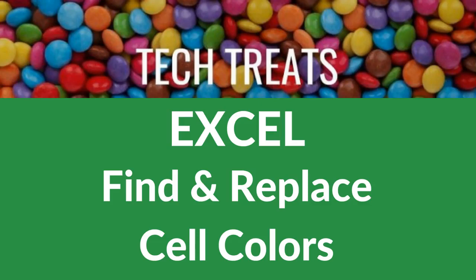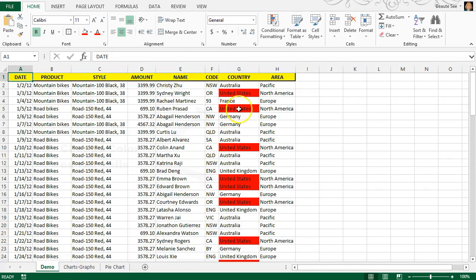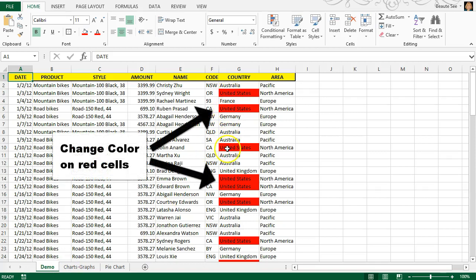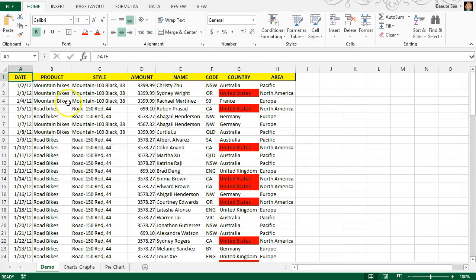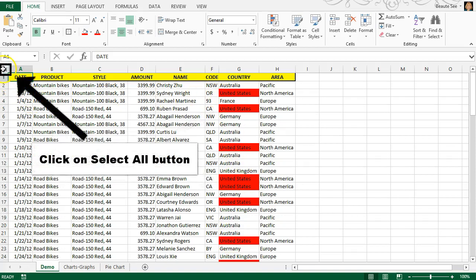You can use Find and Replace in Excel to change cell colors. I have these red cells that I want to change, but they're scattered all throughout my spreadsheet. So in order to use Find and Replace, the first thing I'm going to do is select everything in the